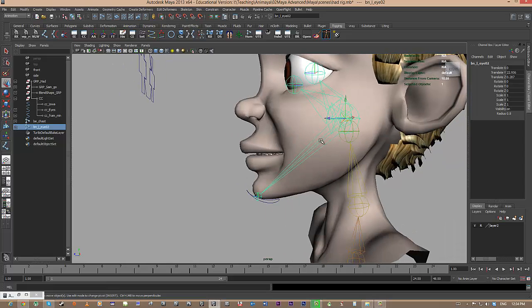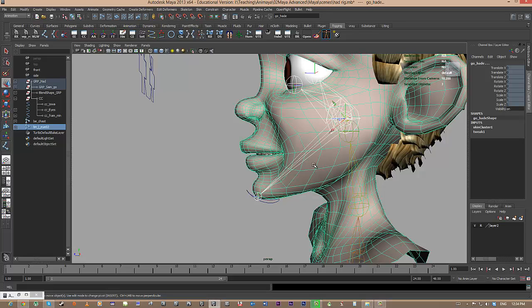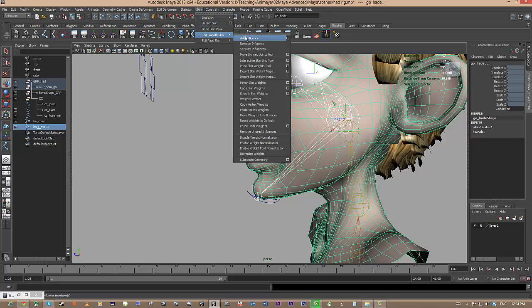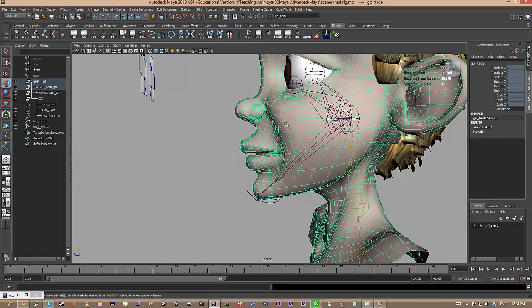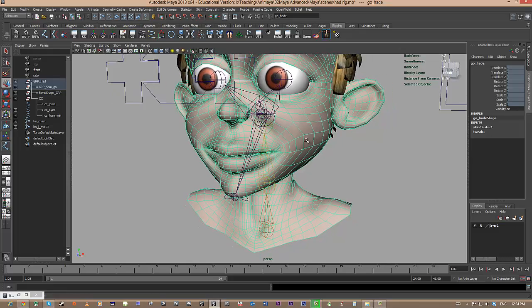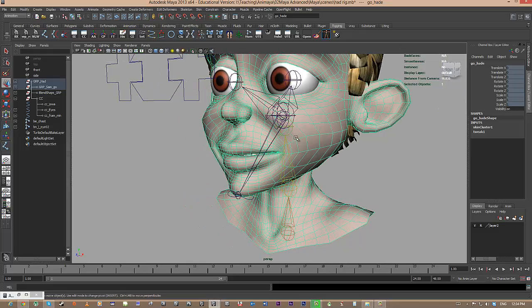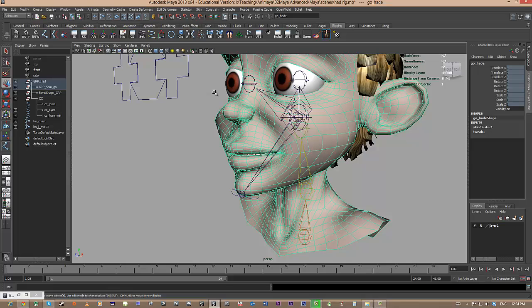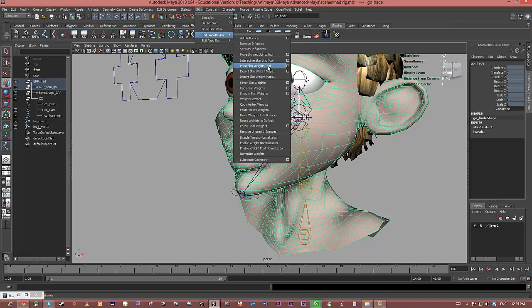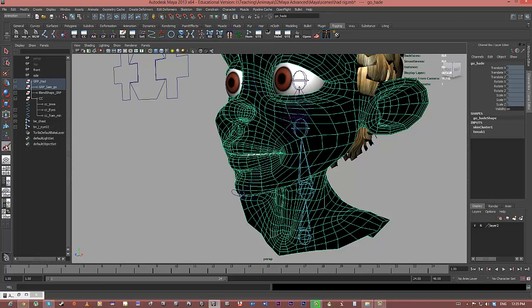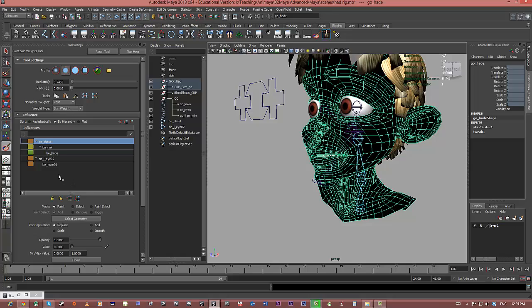So what I'll do is I'll choose the jaw, and I want to connect it to the skin, so I'll choose the skin. And under skinning, I go to edit skin, and the first option I have is add influence. Because I've already got skinning to this guy here, I needed to add this joint. So basically, if I now go to skinning, edit skin, paint weight tool, and I'll double click on the icon so I get the tools, you'll see now that I have the jaw, but the jaw right now is